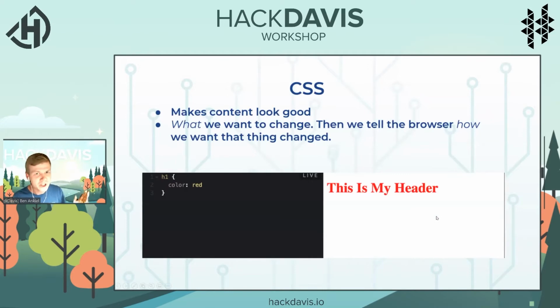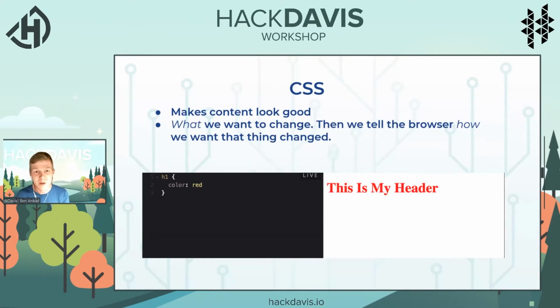And so how do we make it look good? Because that was all great, but I want to make it look good. So we make HTML elements look good using CSS, cascading style sheets. But you don't really need to memorize cascading style sheets, just CSS. And so in CSS, we first define what we want to change, and then we tell the browser how we want to change it. Because each of the different elements in HTML